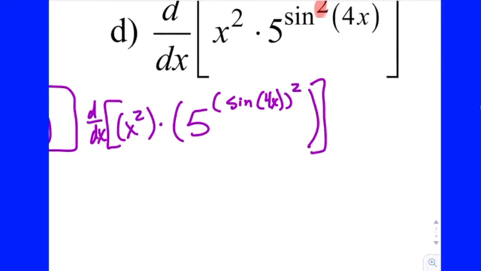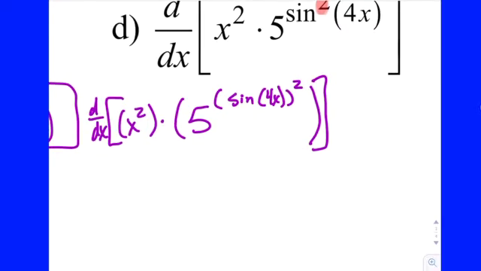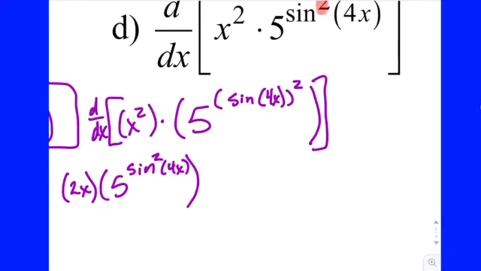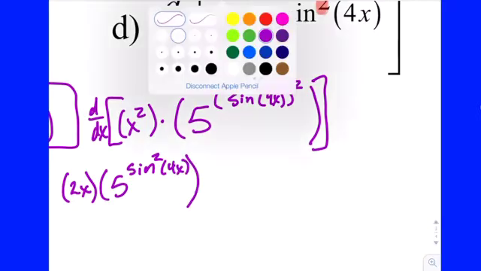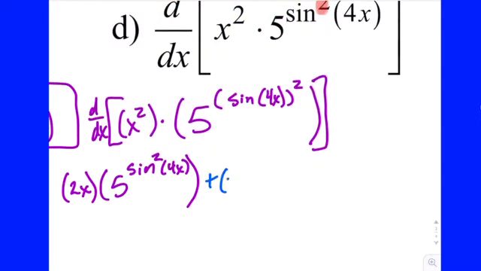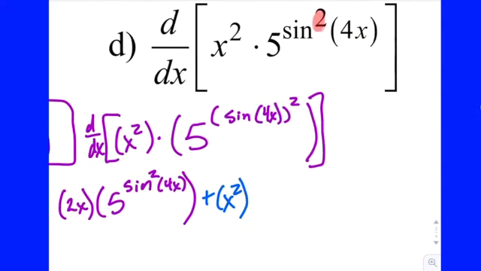So it's first of all a product rule, yeah? So the derivative of x squared is 2x times the second one goes along for the ride, which you can write that now back as sine squared of 4x. So there's one of the terms. For me, it's the first one. And then plus, now I just rewrite x squared, and I move on to the next part. So this is going to have